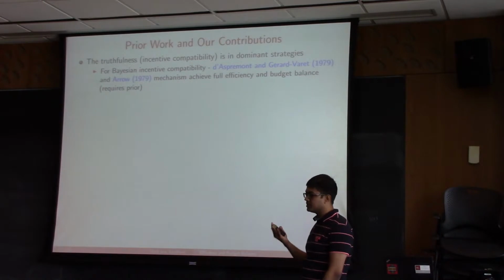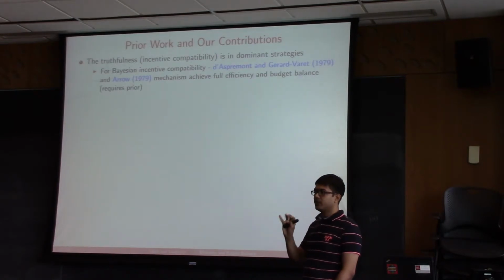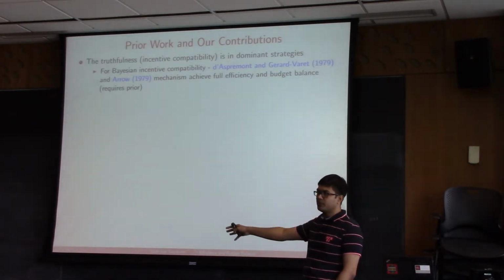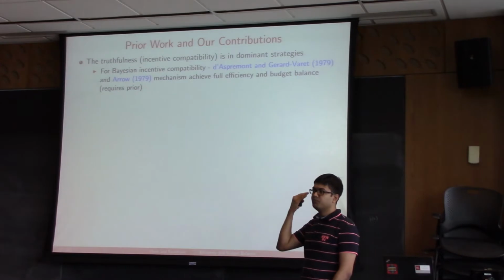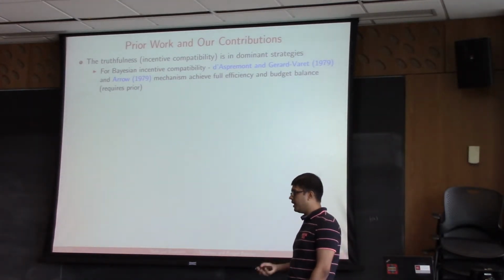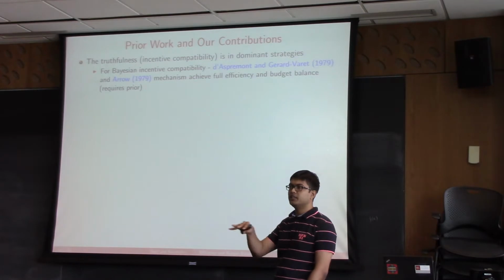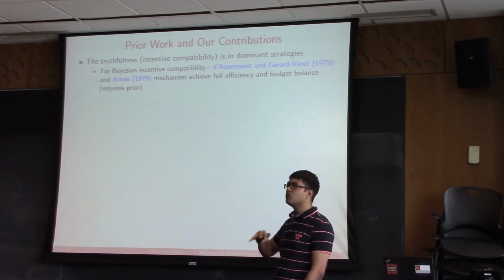The strategy proofness constraint that we had is true for every valuation profile of the other agents. Note that this is a very strict requirement: no matter whatever the other people are reporting, it's beneficial for you to report your valuations truthfully. A weaker notion of that is when you have a prior. So suppose the valuations of all the people in this room are known a priori and we agree on that